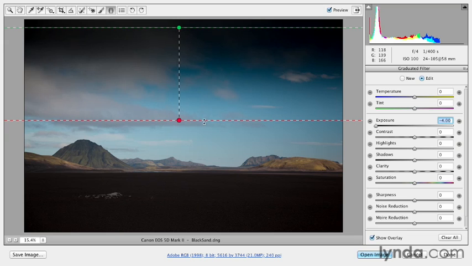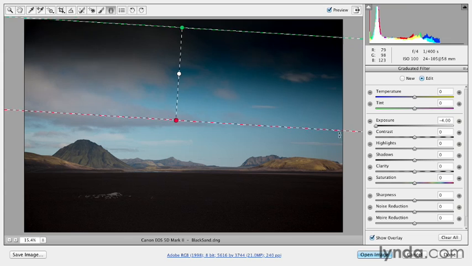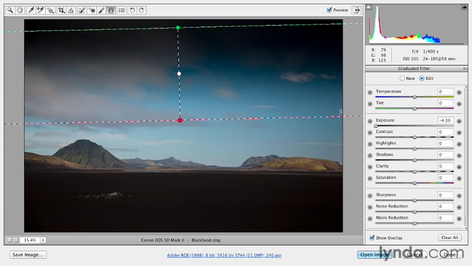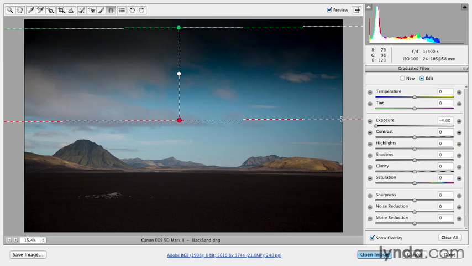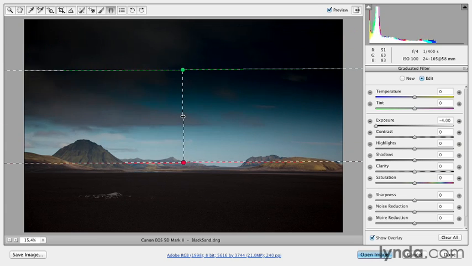If I want to change the angle, all I need to do is move my cursor over one of the lines, either the red one or the green one, but move it far away from the pin because you'll have a lot more control as you drag and set the angle that you want the graduated filter to be applied at. If you want to move the entire graduated filter, meaning that you like the distance between the two pins, you just simply want to move it, position your cursor on the middle line here, and then click and